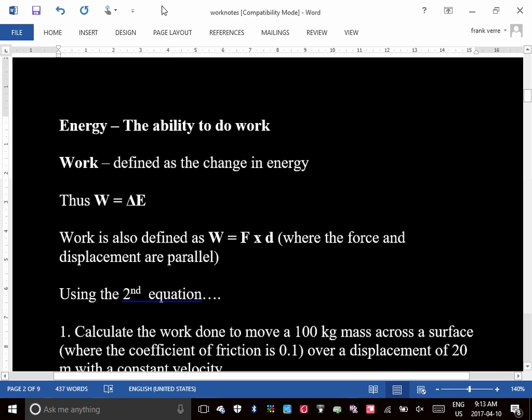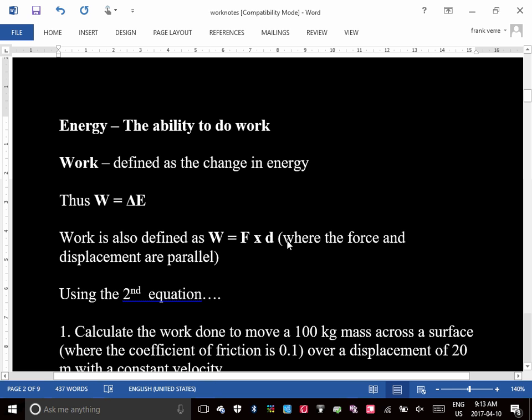Okay, ladies, today we're going to talk about the connection between work, force, distance, and energy. Now, we've been talking about force, and you've been able to analyze Newton's three laws and do calculations involving friction and net force. So today we're going to extend that and talk about the role of force in something called work.